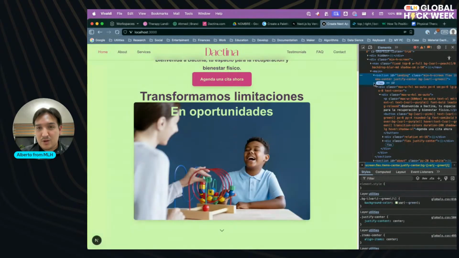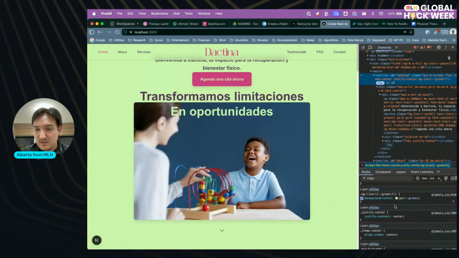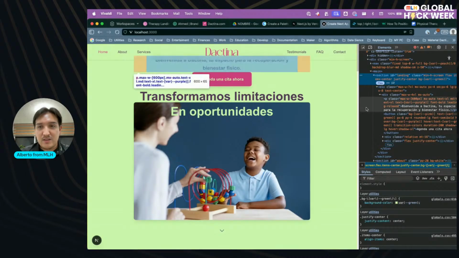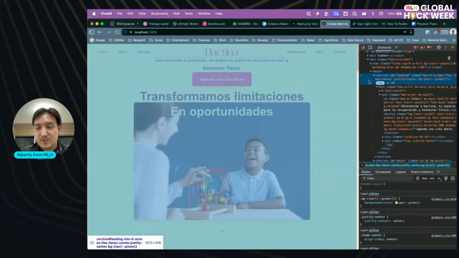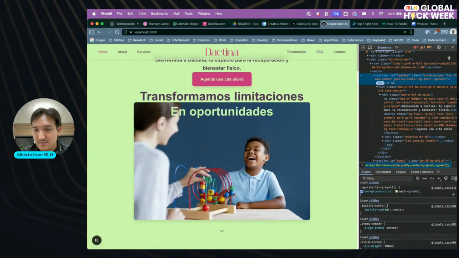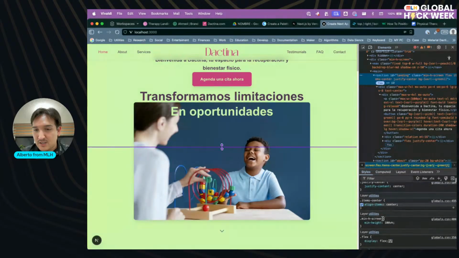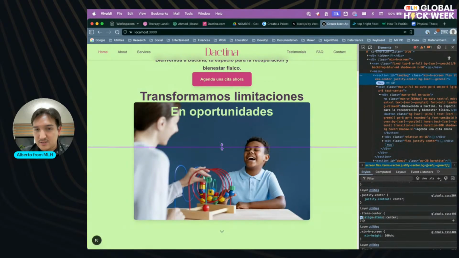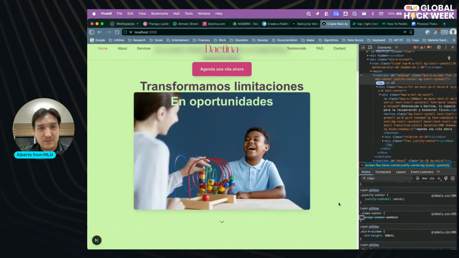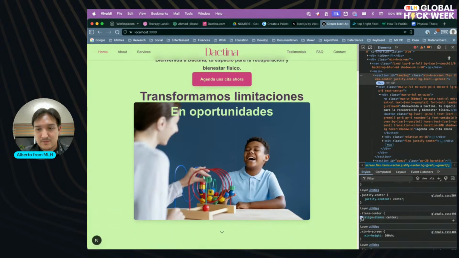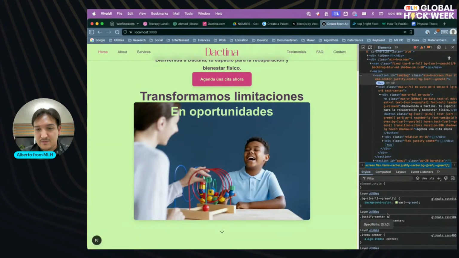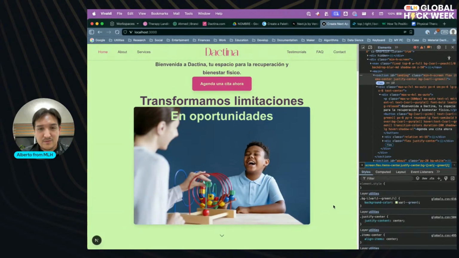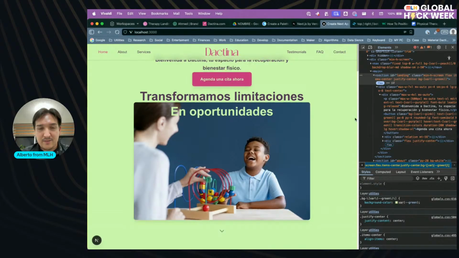And the problem with the current flex item is that it wants to align center. Okay.